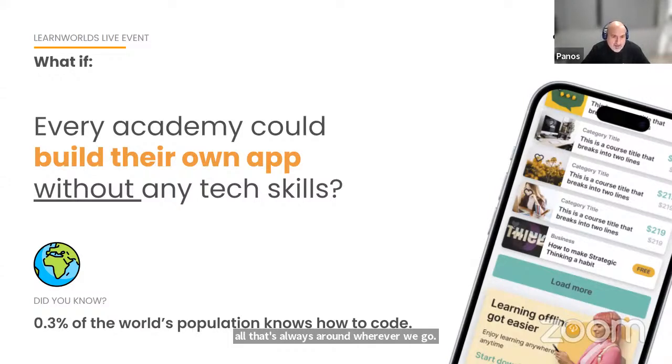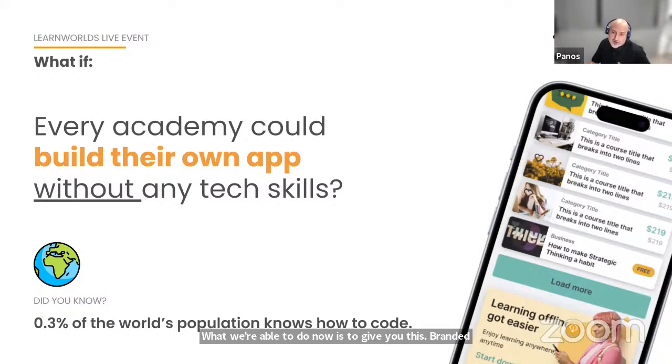So what we managed to do with our mobile builder is to actually democratize online mobile learning. You know how difficult it is to develop online mobile applications and how expensive it can be. We're talking about tens or hundreds of thousands of dollars or euros to be able to get a custom-made native online mobile experience.